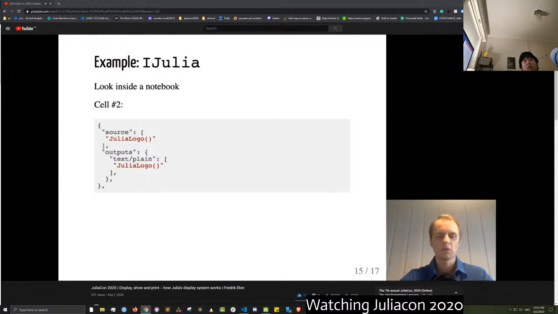But when we were at cell number 2, there was only one show implementation, so it's just the text output. But you can see, okay, this is the text output, and it's just the Julia logo, like this. And if we take a look at cell number 4 instead, which was the cell where we had